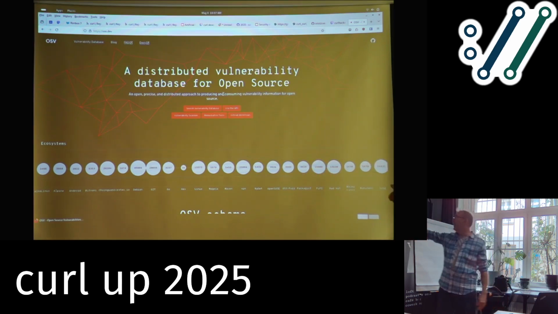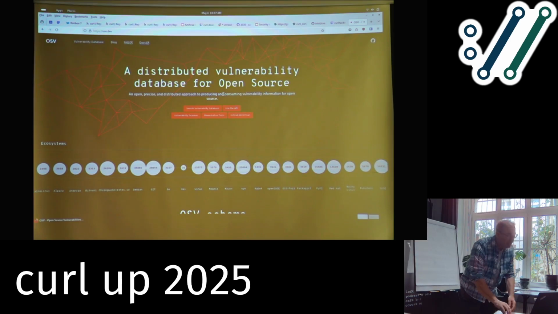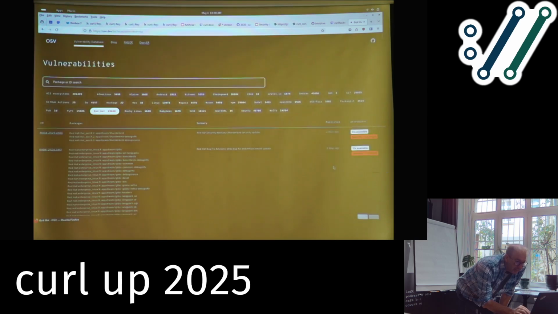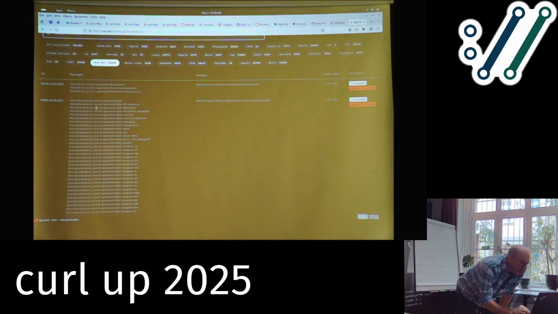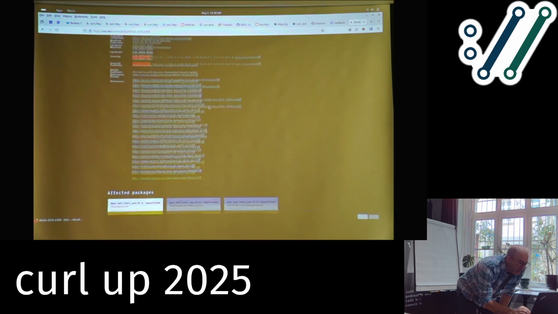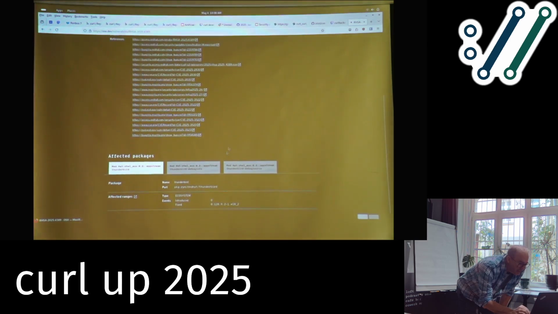There's probably a Red Hat one. Actually, I think we might have the most CVEs there now. Can't remember. So we go into Red Hat, ecosystems. Okay, two days ago. So this is advisories. RHSA is an advisory. It tells you all sorts of stuff, and this is a machine thing. So it's telling us Thunderbird has a problem. That's the affected package. It tells us the range,